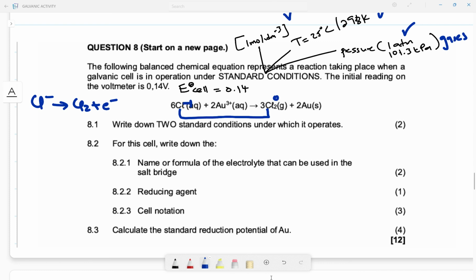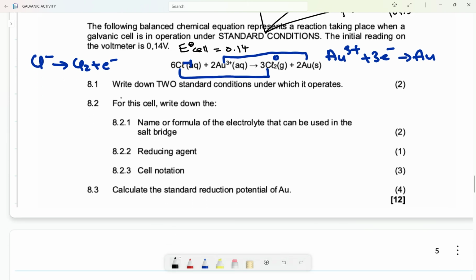And then let's look at this one. This one is Au3 plus, and it undergoes reduction. How do I know? Its oxidation number moved from 3 to 0, so it is a decrease. A decrease in oxidation number is reduction. Reduction is also gain of electrons. So it means Au3 plus gained those 3 electrons to form Au. Never mind the coefficients, they are just balancing out there. Yes. So write down the standard conditions